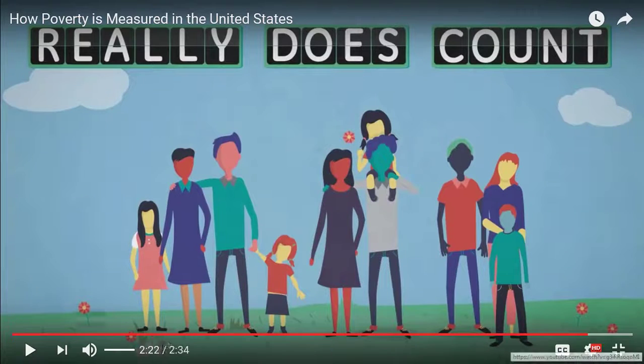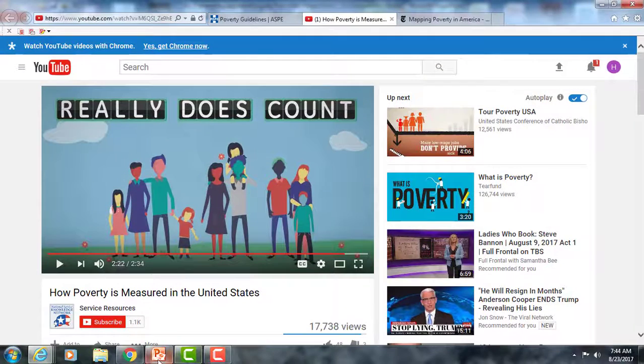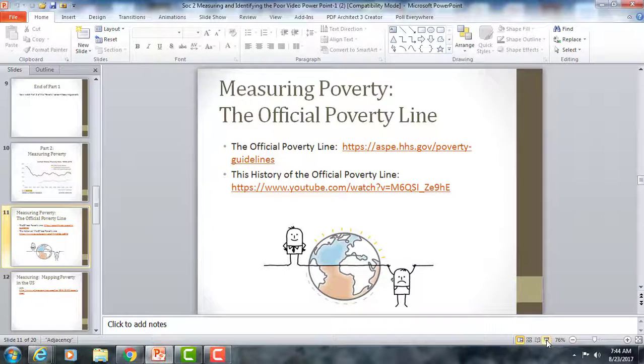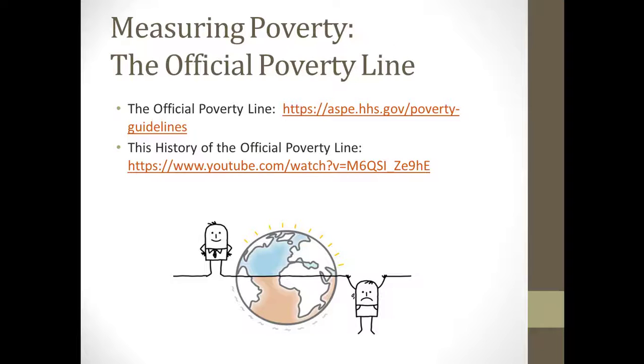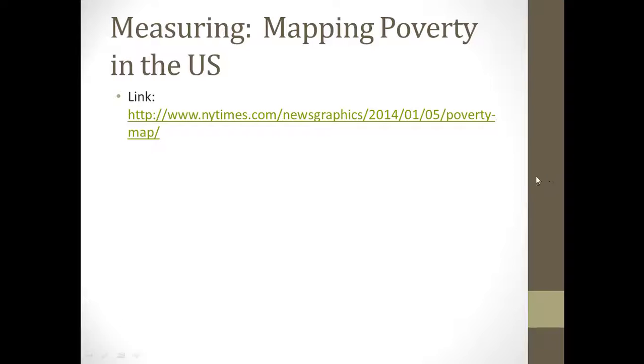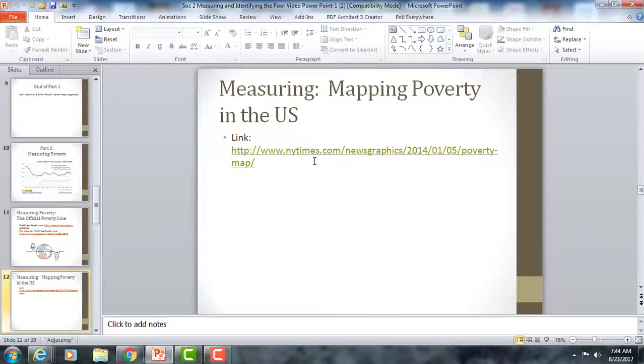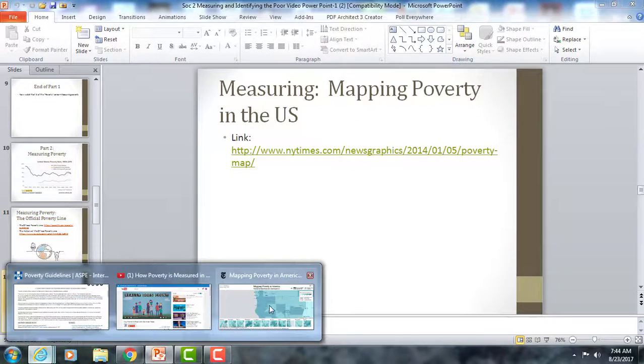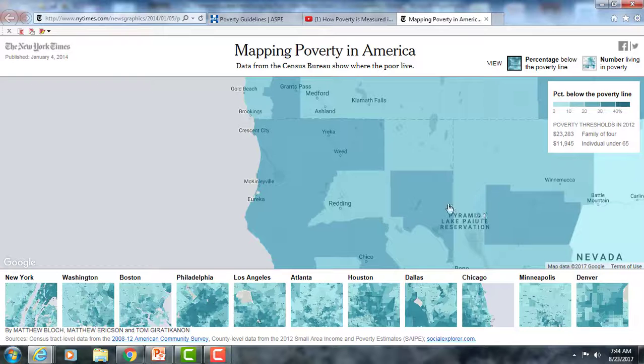Okay, so some interesting things there. First, let's start with the official poverty line, how they count poverty. So you'll notice back in the 60s, remember with Johnson's War on Poverty, how do we actually measure who's poor? So taking the cost of food, timesing it by 3. And if you look, interesting graph, I put this on Canvas too.